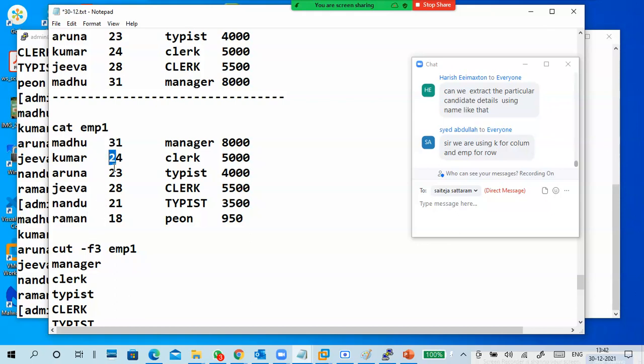Then 7, 8, 9 is empty, 10, 11, 12, 13, 14, 15, 16, 17, 18, 19, like this.